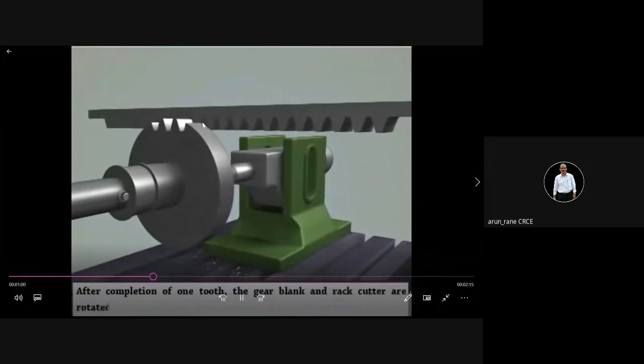So now one tooth is completed. Now this blank will be rotated. So like thread, here also there is a concept of pitch.